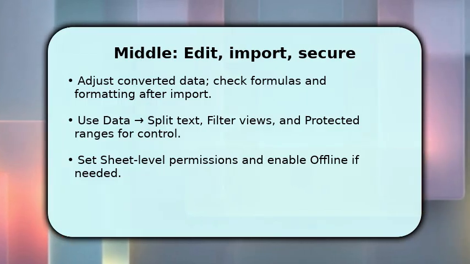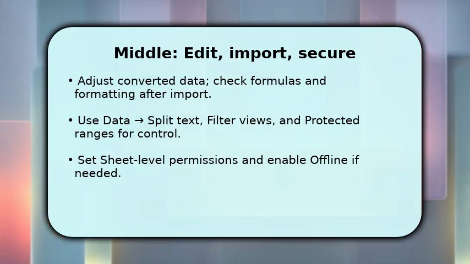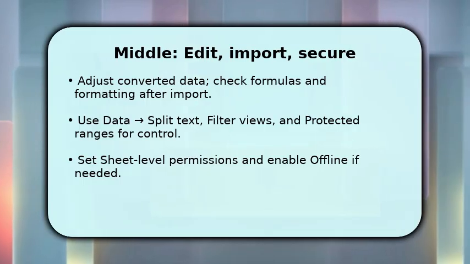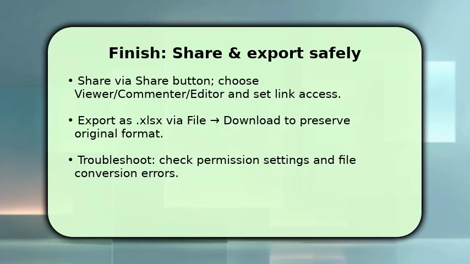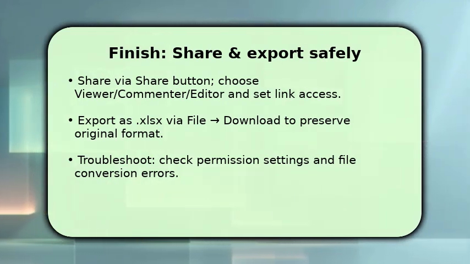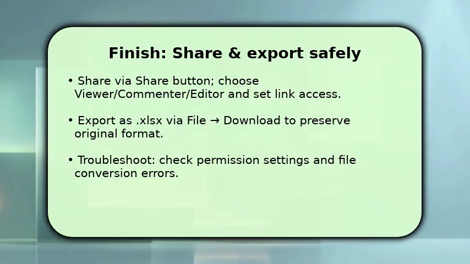If you expect no internet, make sure offline is enabled in Chrome so you can continue working and sync changes automatically when online. To finish, click Share and assign precise permissions, viewer, commenter, or editor, and copy the link set to the desired audience. If recipients need an Excel copy, use File, right arrow, download, right arrow, Microsoft Excel, XLSX